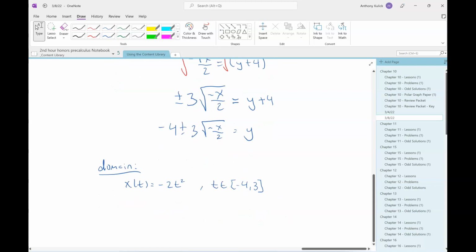So again, what I care about are the endpoints, and because this function is quadratic, I also have to worry about the vertex. So my endpoints are negative 32,